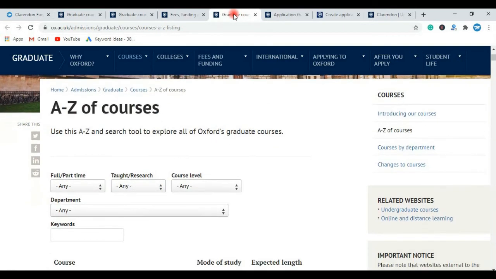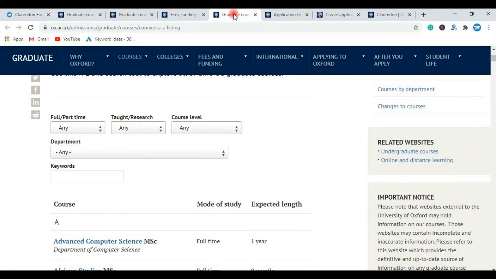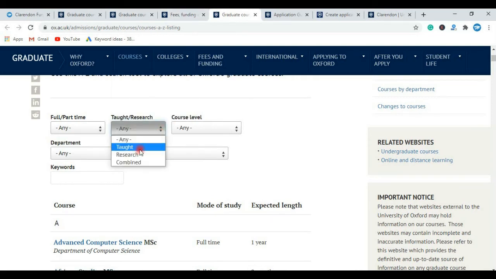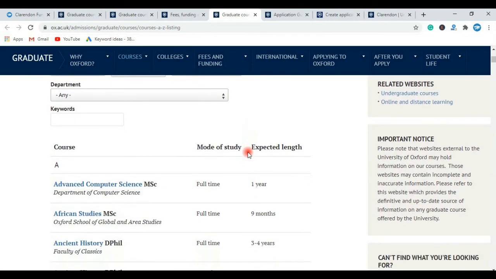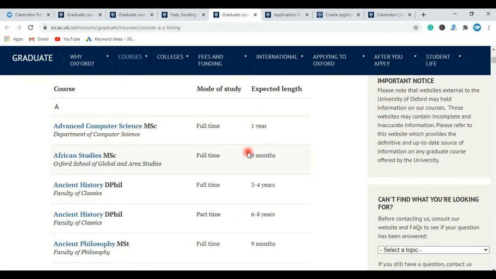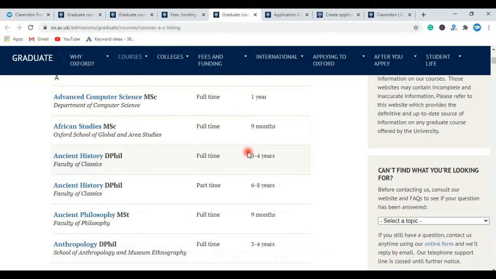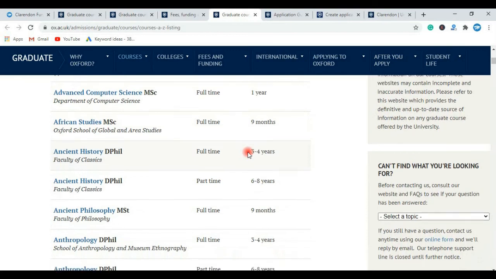Graduate courses A to Z, part time, full time, taught or research. Advanced computer science MSc full time 1 year, Africa studies MSc 9 months.